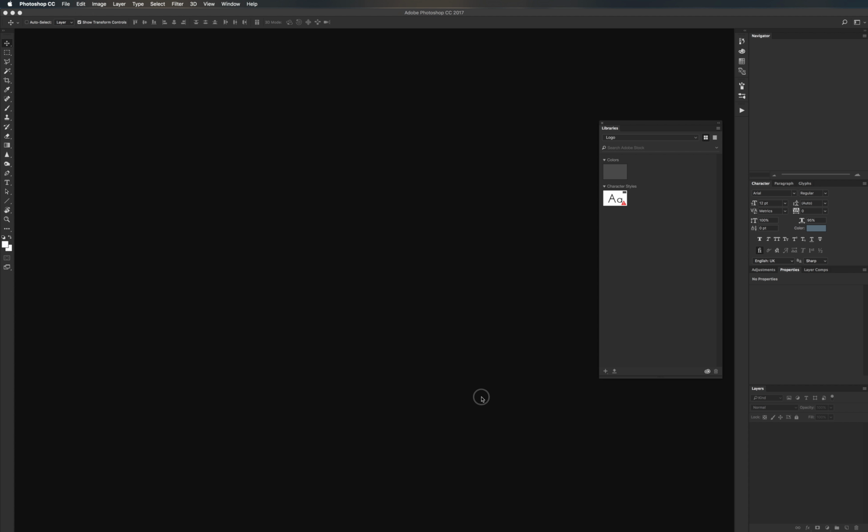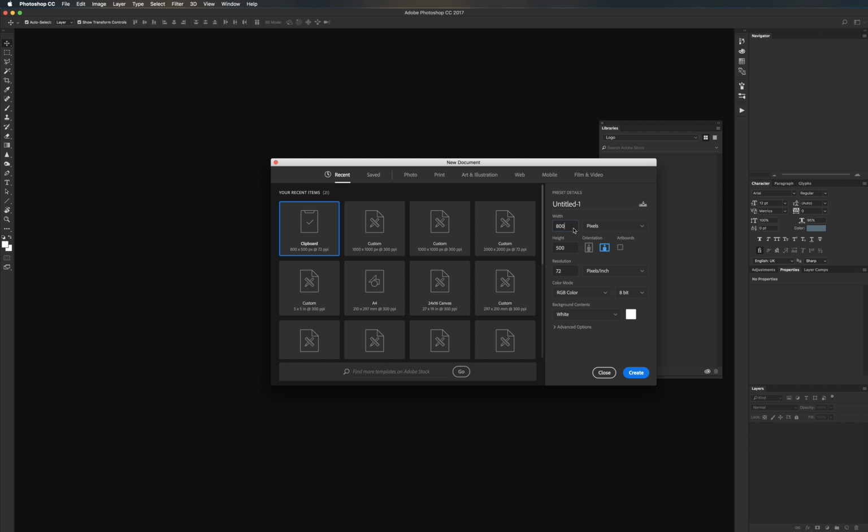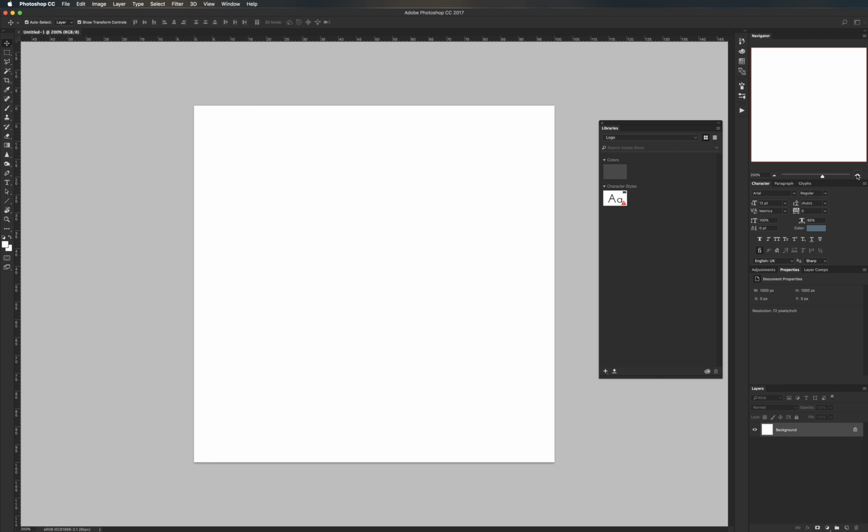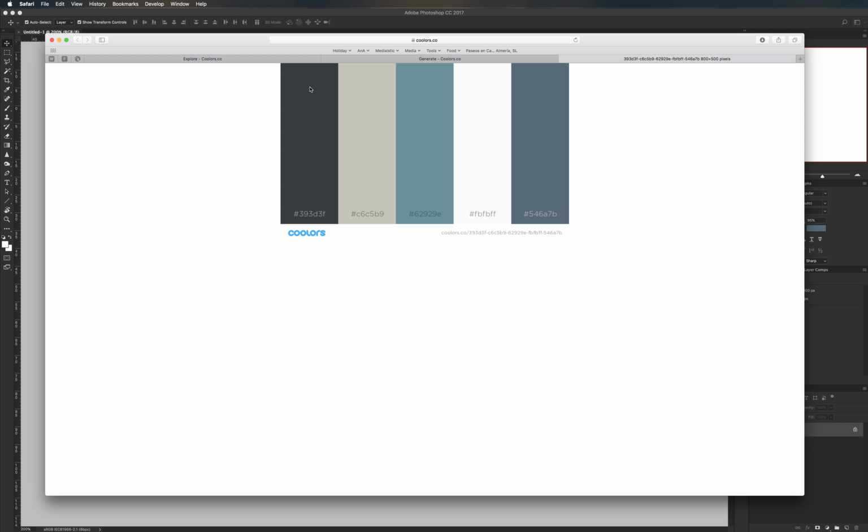To start with, we need to create a new blank Photoshop document at 1000 pixels square. Now, if you already have your branding sorted, you want to drag in your color palettes, your fonts and your styles. If not, then let's go looking for a new style. There's a new range of websites out at the moment to really help you pick a color palette to suit your business. The one we're going to look at is Coolors,